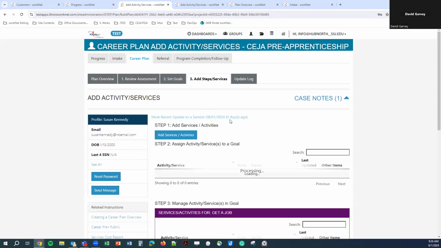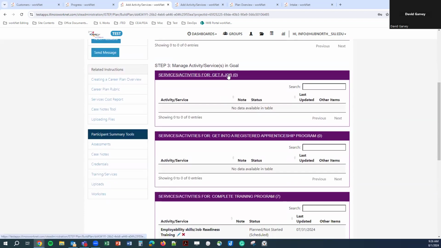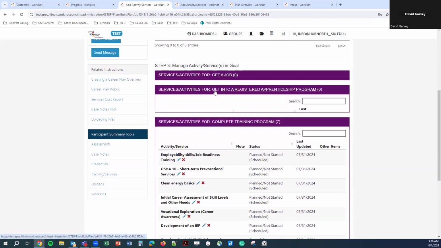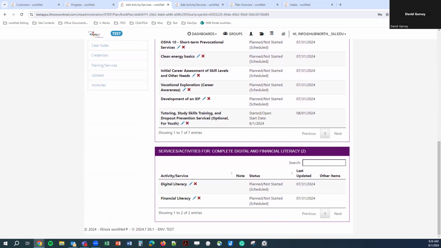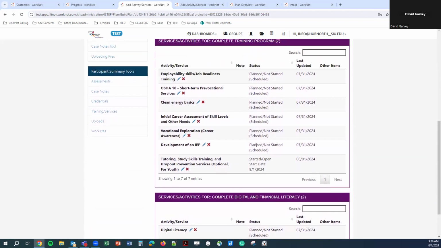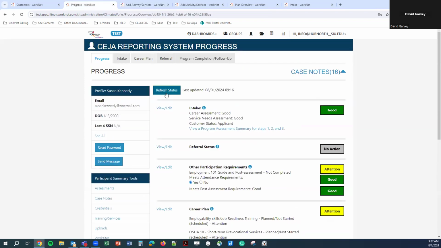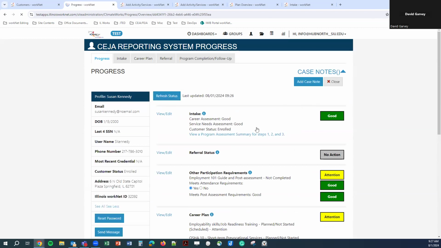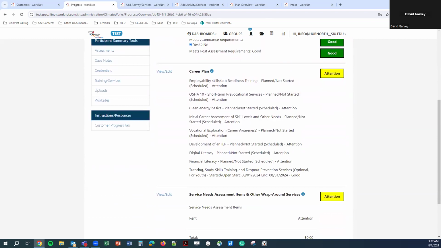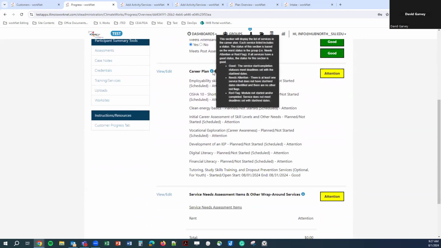But going back to our tab here for adding steps and services, we can see that we have a few other services that we need to update. And so if we go back to our progress page, if we refresh this, we won't see too many changes here, except the addition of the service that we added, its status, the date range, and good is where that stands. But for the career plan,